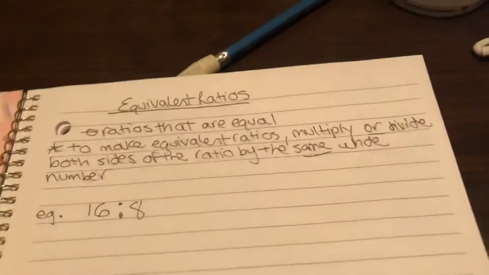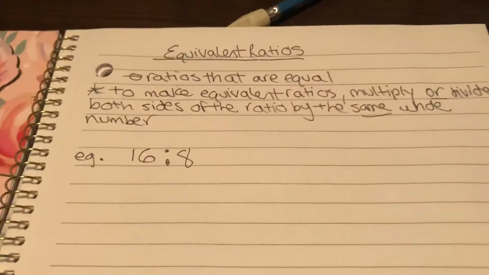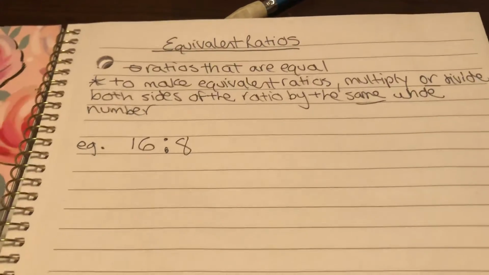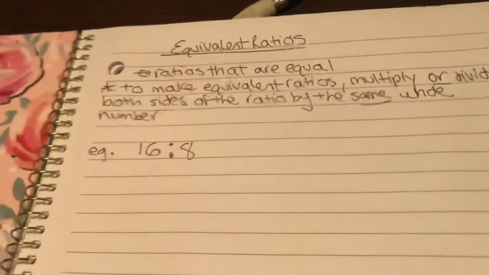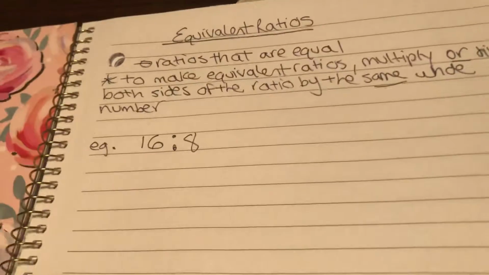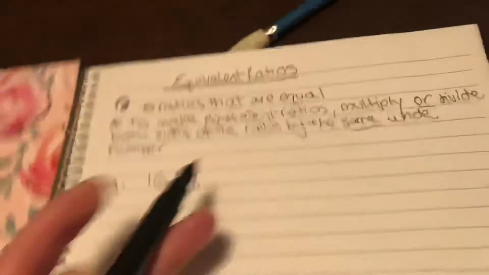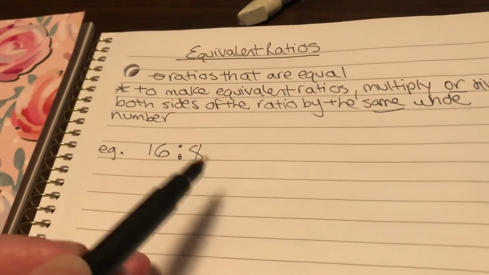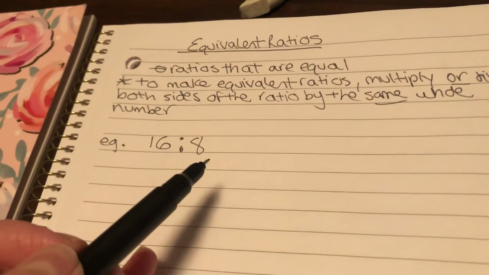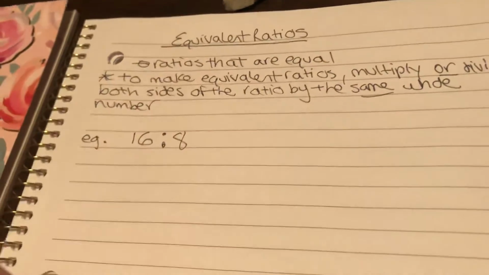Okay, so equivalent ratios are ratios that are equal. And to make equivalent ratios, you multiply or divide both sides of the ratio by the same whole number. Okay, so it's like when we did equivalent fractions, but just set up as ratios now. So not all ratios will you be able to divide, okay, but the examples I gave in the slideshow, you